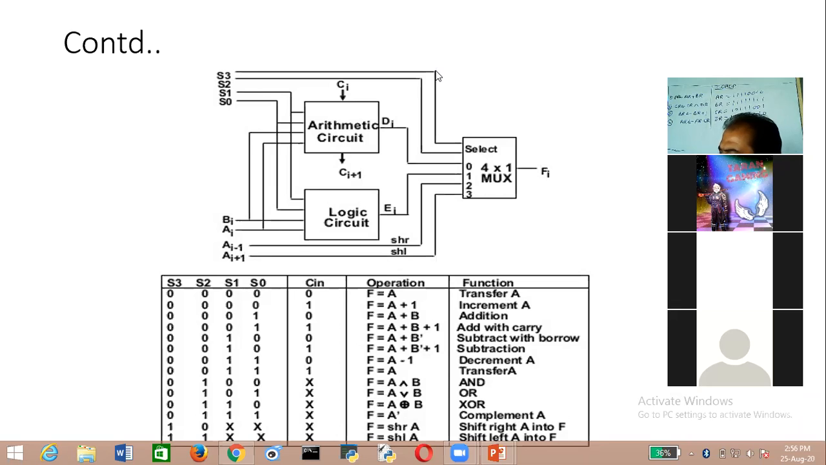इंद्रजीत तुम्हारी आवाज नहीं क्लियर आ रही, सर। इंद्रजीत आवाज नहीं आ रही।